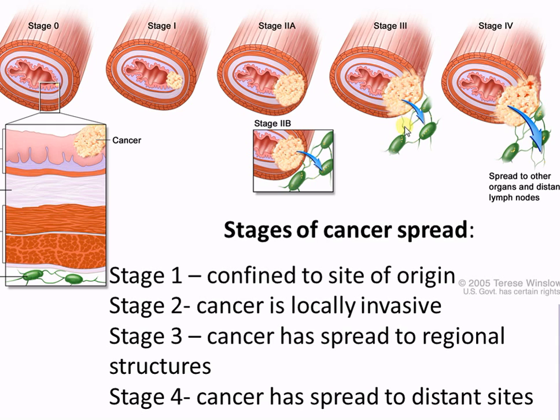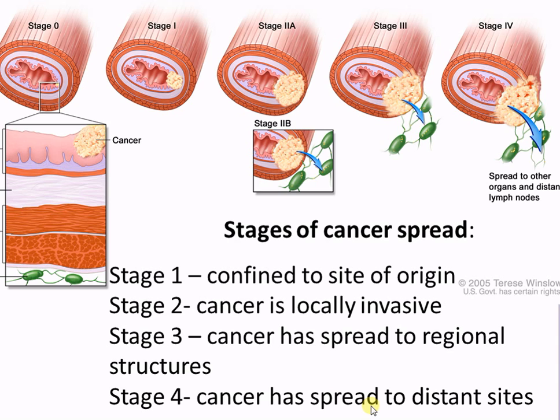Stage 3 is when it gets into the lymphatics. So it's spread to regional structures. It gets into the lymph nodes and starts moving to the local lymph. It can't go everywhere yet because it's still isolated to the lymphatics. But it's spread to another area. So let's say that maybe this spread to lymph in the chest. You have lymph nodes in your chest and it moves upwards into your chest. Let's see, if this were testicular cancer, maybe it moves over to the groin. So it moved into lymphatics in the groin. That would be a stage 3.